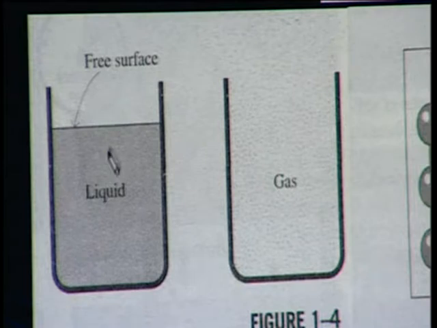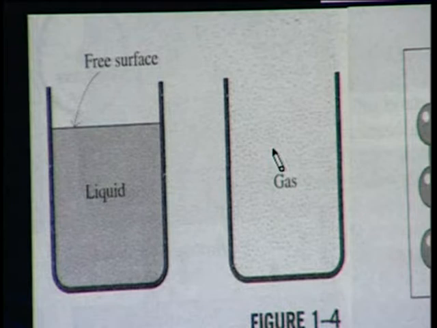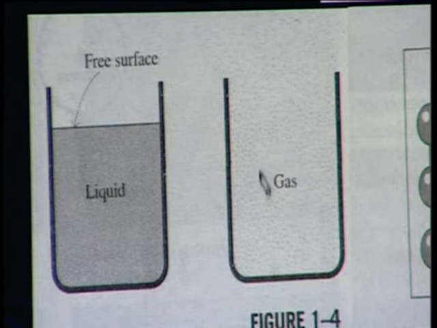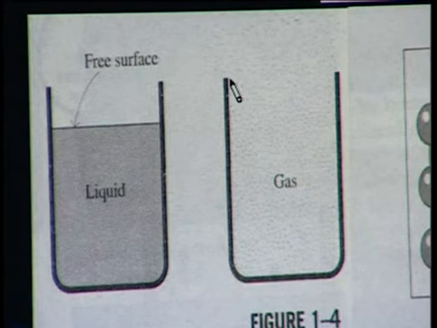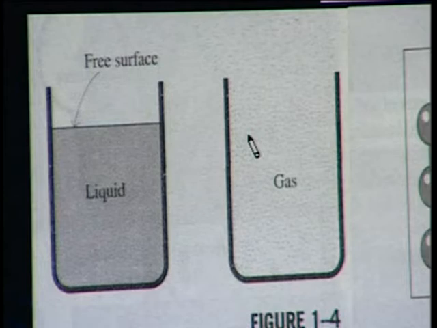So, liquid has a tendency to form a free surface, but in this case we have the same container which is being filled with the help of gas. Now, since in case of gas molecules are free to move, they will fill this volume, wherever these molecules can go, they will keep moving. So, gases do not form a free surface in comparison to liquid. So, in case of liquid and gases, this is the main difference, that liquid forms a free surface, but gases do not form the free surface.